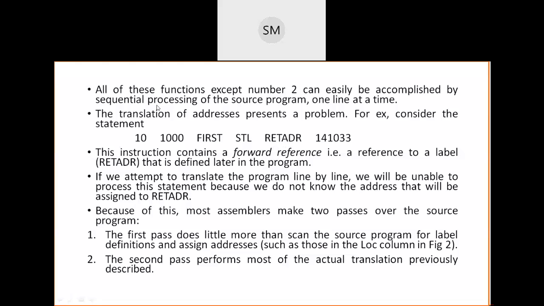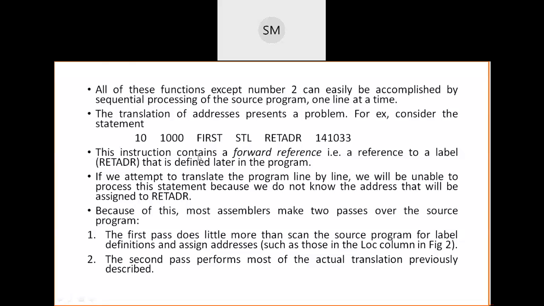So whenever you try to generate object code, it is not possible to do all these things line by line, sequentially. Since you are searching for the address of RETADR somewhere else, in some other line number, not 15 but line number 50 or 65 or something, long away from line number 10, this process is called forward reference. Remember this technical word, intentionally I am telling you. It is called forward reference.